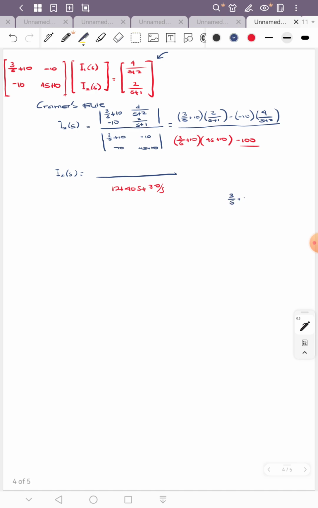So 3S plus 10 times 2S plus 1. This is equal to, or we can write, 3 plus 10S over S times 2S plus 1, or so we have 2 times 3 plus 10S over S, S plus 1, minus minus 10 times 4, 40, S plus 2. Therefore, I2 of S is equal to,